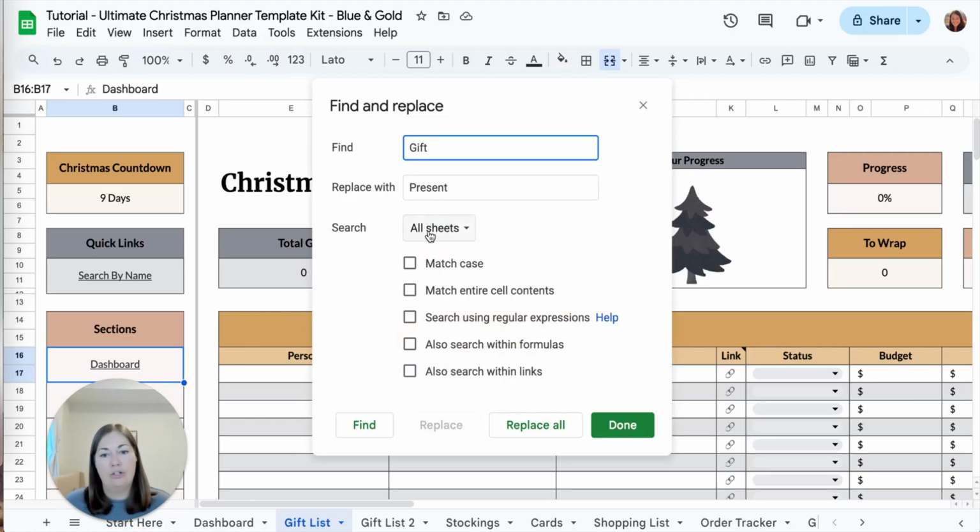And then you want to make sure it searches all sheets. And then I wouldn't search within formulas. That's a more advanced feature. I would just leave it like this and then replace all. But if you are looking for certain words within your formulas, you can change that. But that's more of an advanced thing because you've got to be careful if you do change certain words